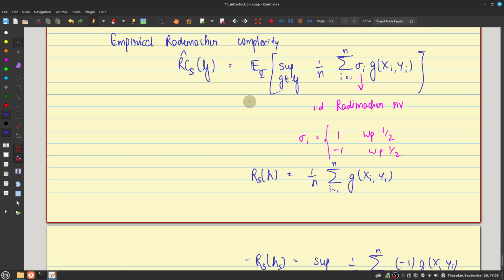Why is it a circular dependence? If I fix sigma i, I'll be getting the supremum. The moment I fix a sigma i, it won't become a random variable anymore. For every sigma, I get a different supremum, right? Yeah. So let's just take